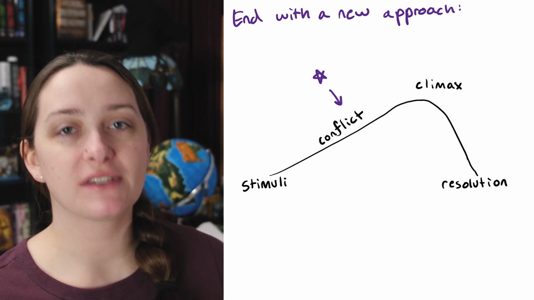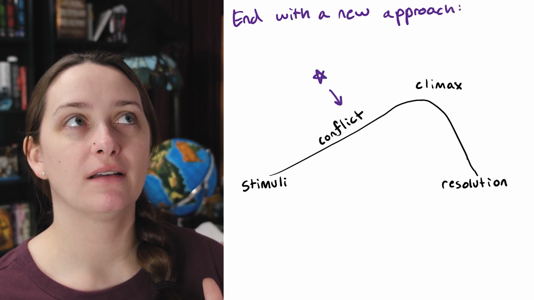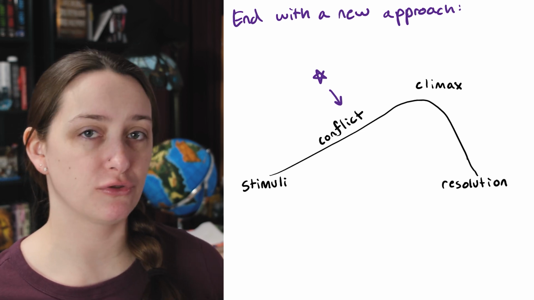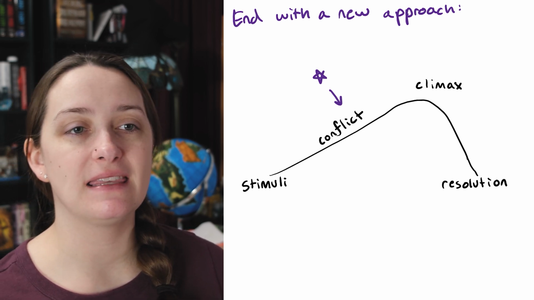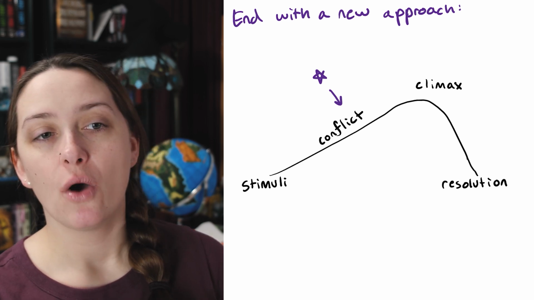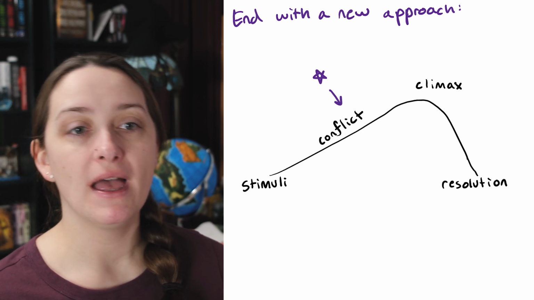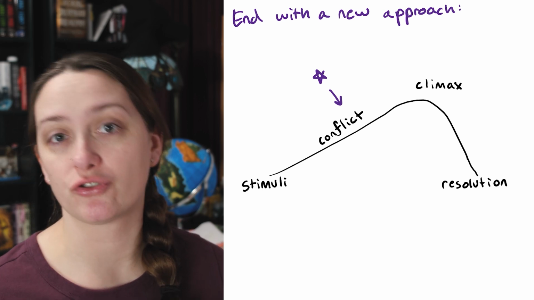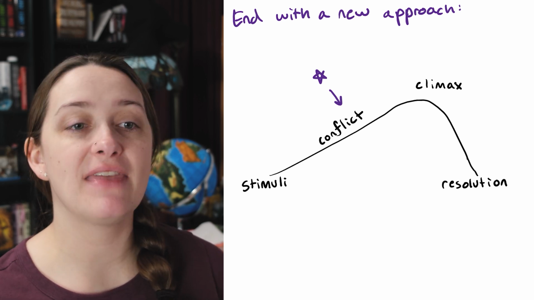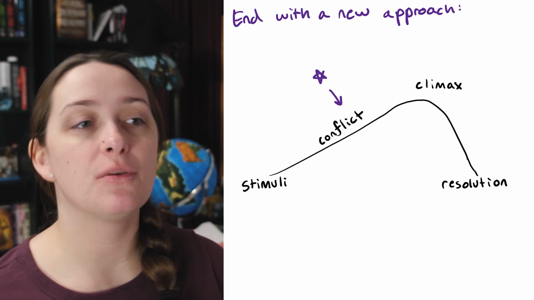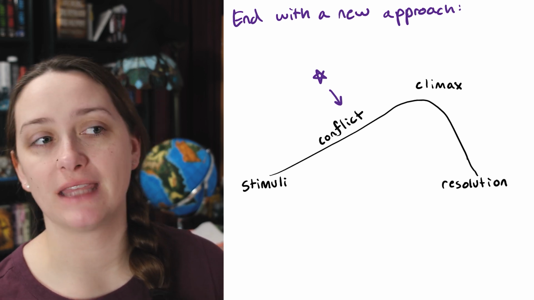So then, sort of similar but a little bit lighter, instead of a new goal, we can end with a new approach. And this is typically in the stakes flip portion of the scene conflict or right before that, where essentially they've been approaching a goal. The conflict is getting so great that whatever their current approach, their strategy, is not going to work. And they have to find a new approach or a new angle to change the game to be able to come out hopefully successful at the end.